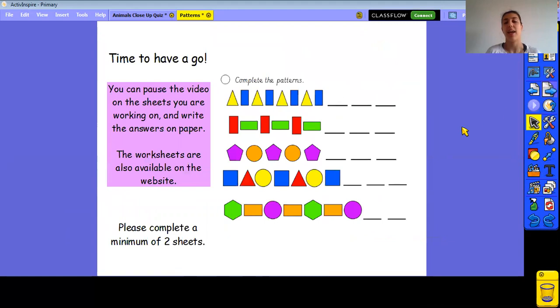Right, let's have a look at your activity for today then. So your activity for today is to, number 1, circle sheets, complete the patterns. Same as what we've just been doing before, identify the core, perhaps circle the core if I were you, see if that core gets repeated. If not, try again at identifying the core. If it does get repeated, well done, you found the core, and then keep repeating that to work out the